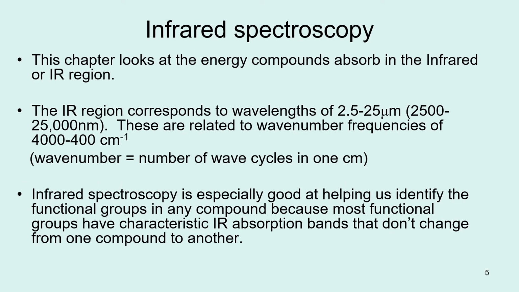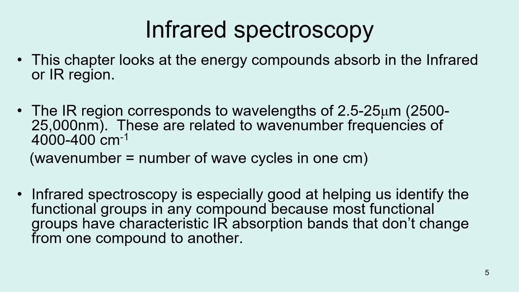Okay, so right now we're going to be looking specifically at the infrared region of the spectrum. And so what compounds absorb energy that is directed at them in the infrared region of the spectrum, so that have energies that are in the infrared region. Again, you can go back to the spectrum, and you can see that the IR region has wavelengths from 2.5 to 25 micrometers, which is the same as around 2,500 to 25,000